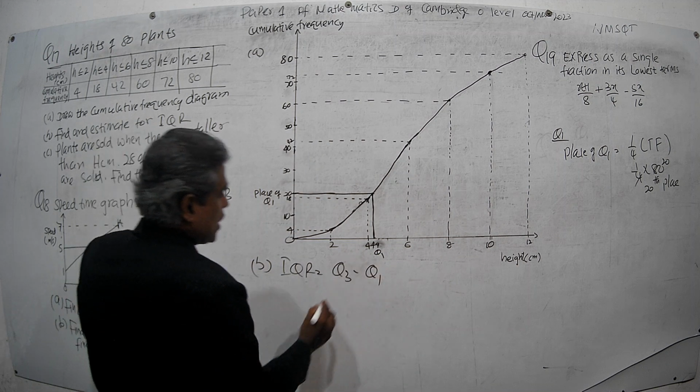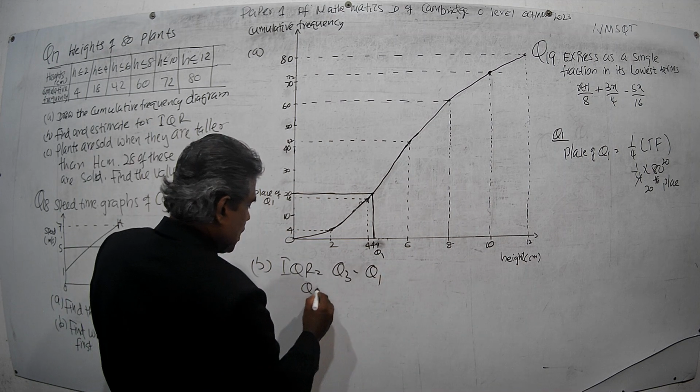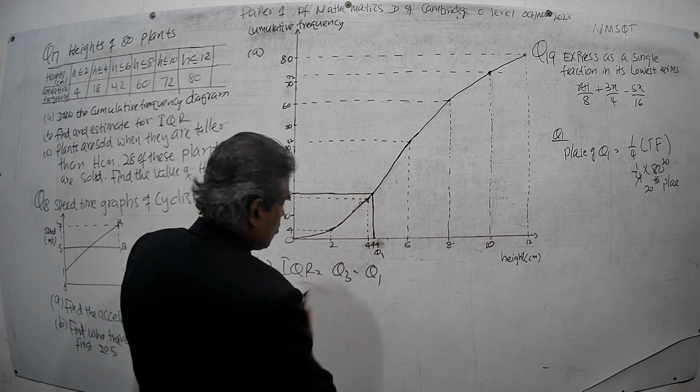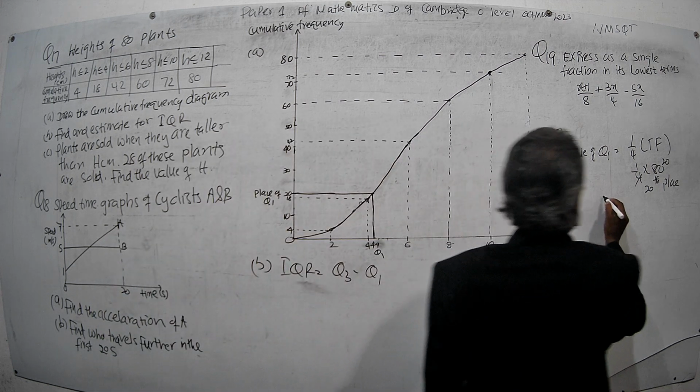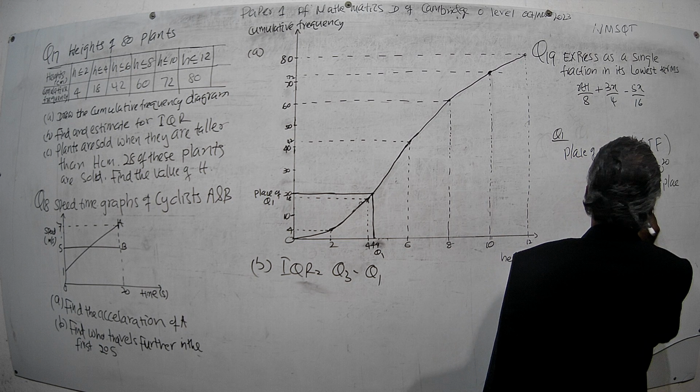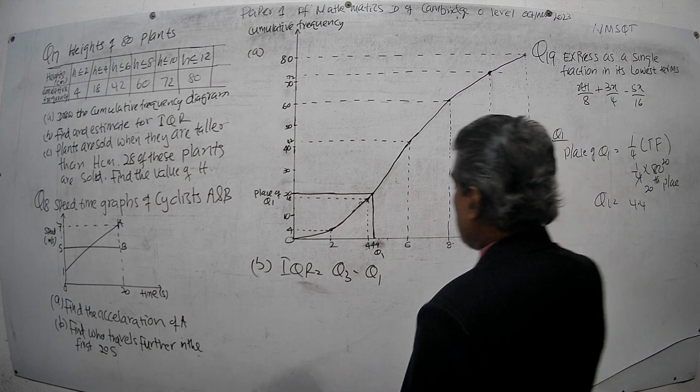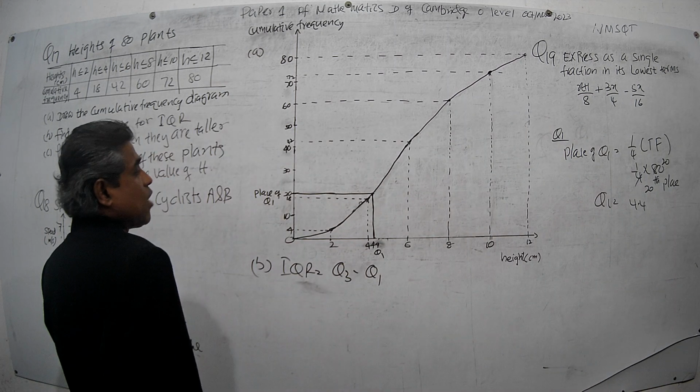Q1 is taken from this side. Then Q1 equals how much? Q1 equals 4.4. Okay, 4.4. Then we have to find